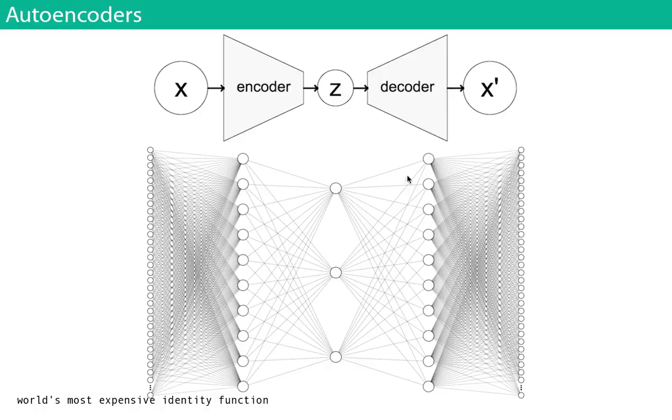But actually, it's really interesting, because what we do is we set these things up so that we constrain the network in one of the middle layers to be really small. Let's say it just has 3 neurons or 4 neurons or something. And actually, if you make it 2 neurons, you can use it in the same way as t-SNE. You can use it to plot, which is kind of an interesting facet about it.